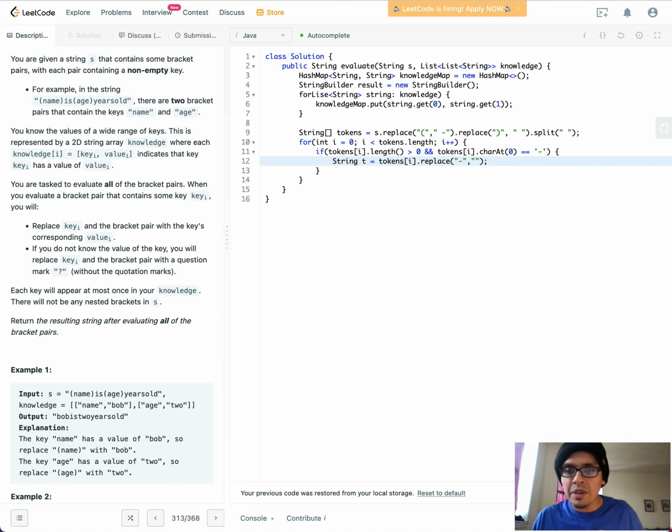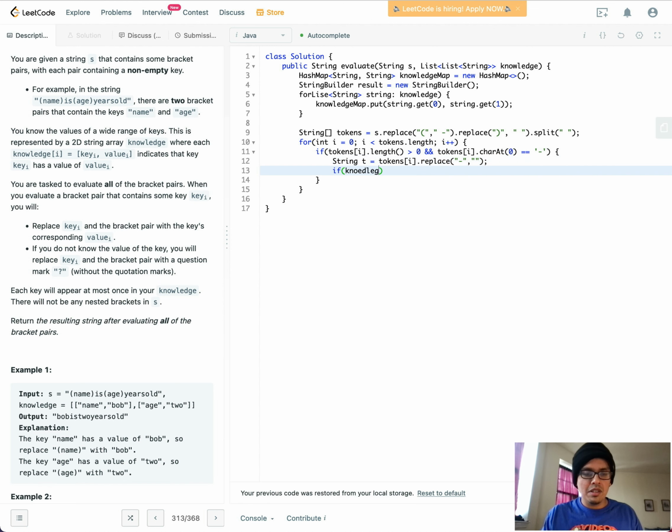Okay, so now I'm converting it to an actual thing where I can do a string lookup. And if knowledge map contains key T. Okay, T is, remember, the modified token,